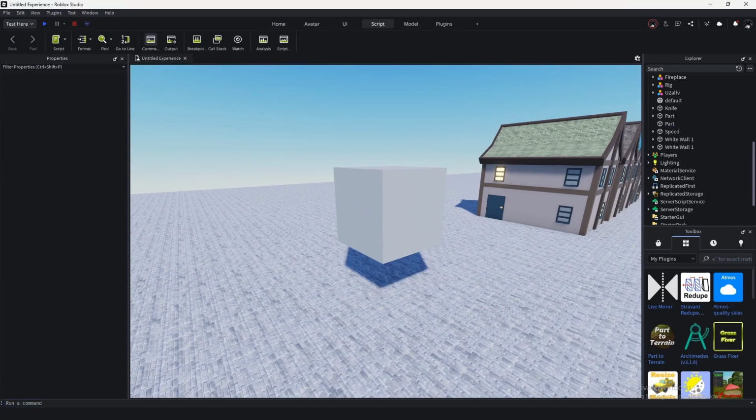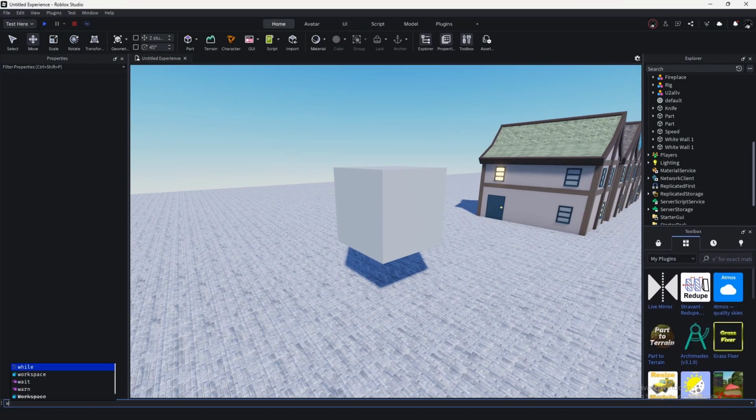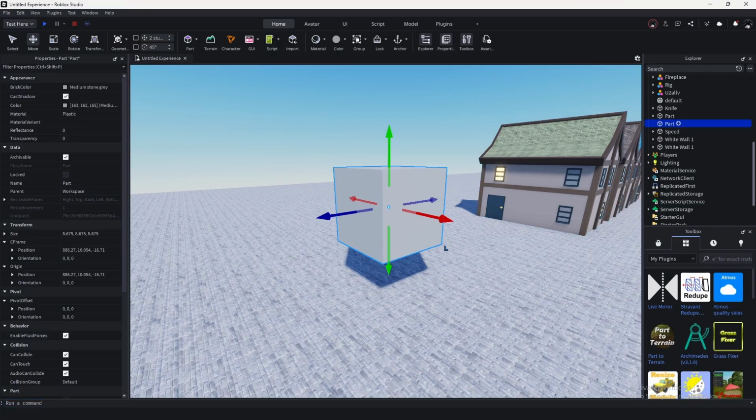Running the command you can find in the script. You can go to command output. You want to select that so this here shows up in the bottom. You then want to go and actually name your part. You always want to name your part first. Just go stud part penis. Name it whatever the hell you want. I don't care. You then go to workspace dot stud part